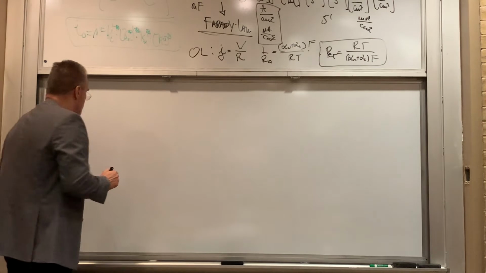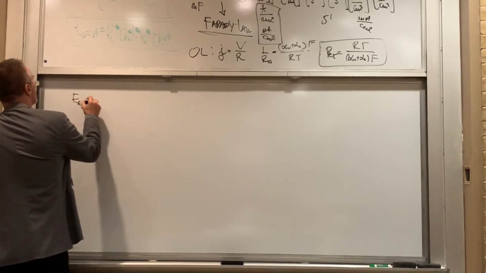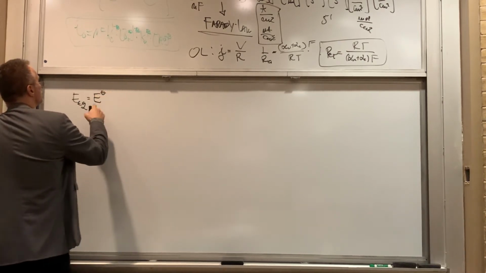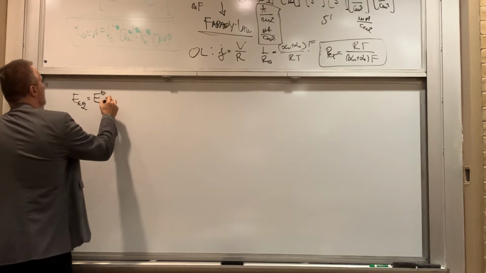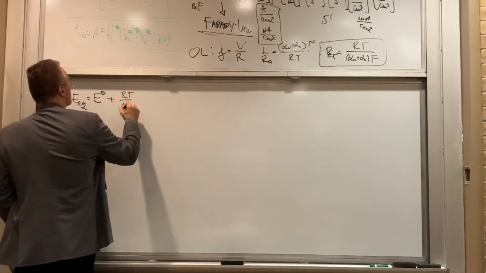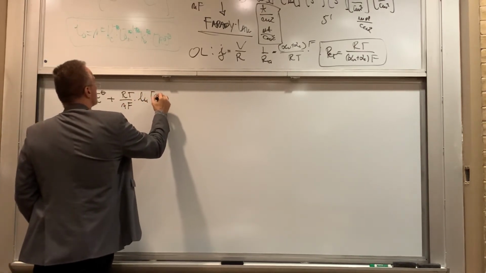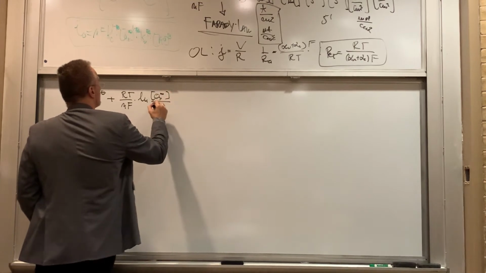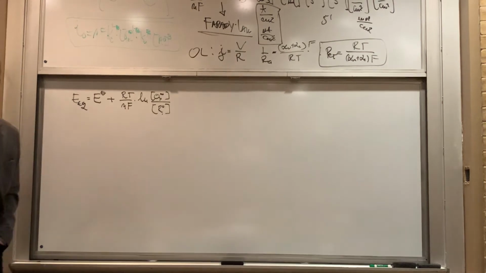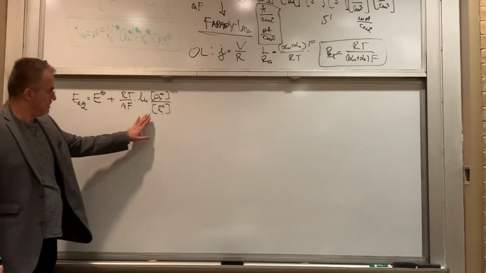if you remember last time, one of the results that we derived from the equilibrium, from the kinetics, is the equilibrium potential we discussed, which is equal to this term here, plus RT over nF times ln, and then we get a concentrations term, right? Do you remember that? Now, this thing here,